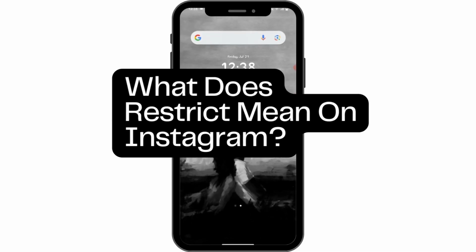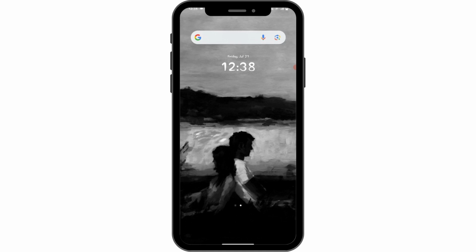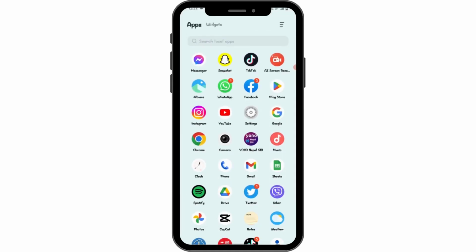What does restrict mean on Instagram? So if you want to know what restrict means on Instagram, then first of all you have to open up your Instagram application,